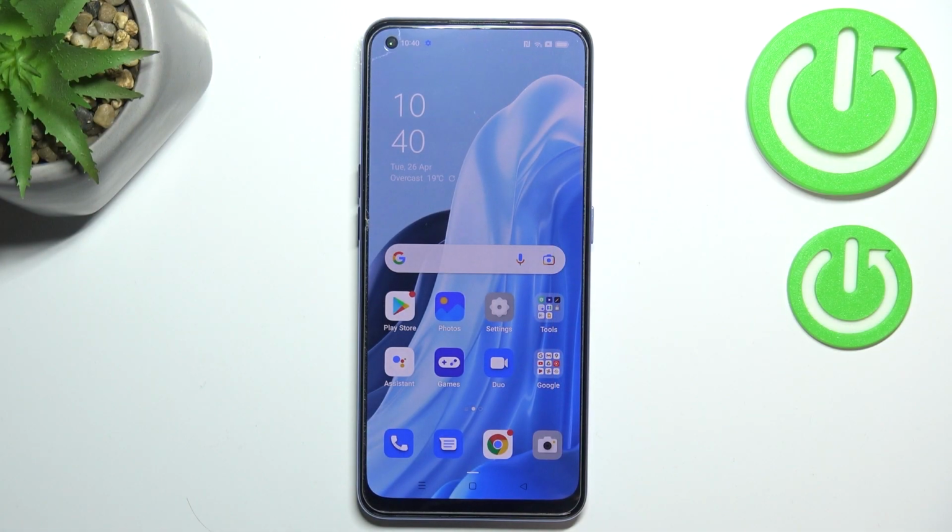Hi everyone, in front of me I've got OPPO Reno7 and let me share with you how to change system